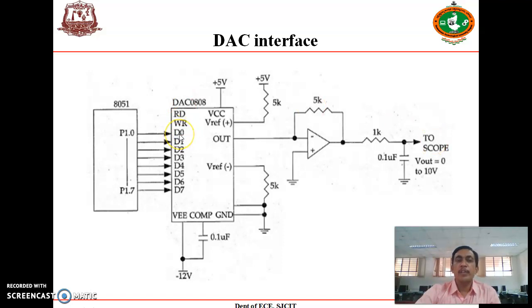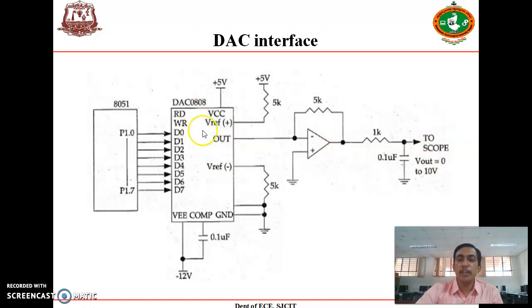For example, if all 8 bits D0 to D7 are 0, after converting that digital signal to the equivalent analog value, you will get 0 volts. If all the inputs are 1, I mean FFH, then you will get the maximum amplitude at the output.